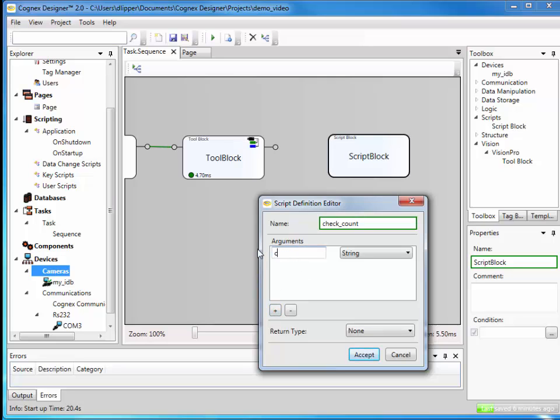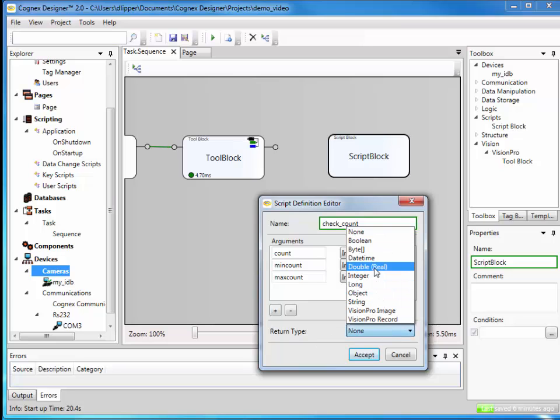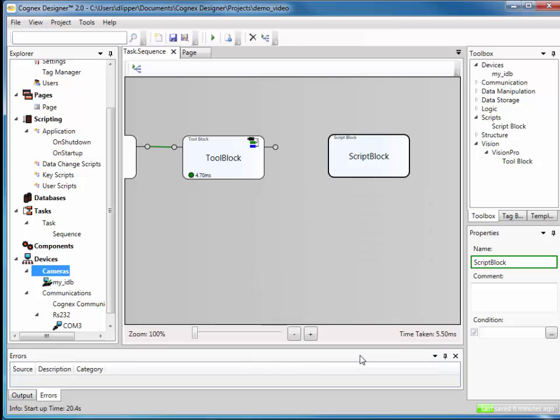And then we want to use a few arguments. So we want to actually use the count that we get from the tool block from Cognex, which is an integer. And we also want to use a min count, which is an integer, and a third argument, which is the max count, which is an integer. And the return type should be a Boolean, and the return type will tell us whether we should accept or fail the image. I click on accept,